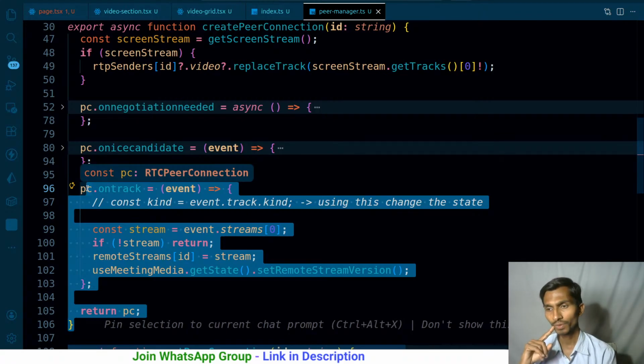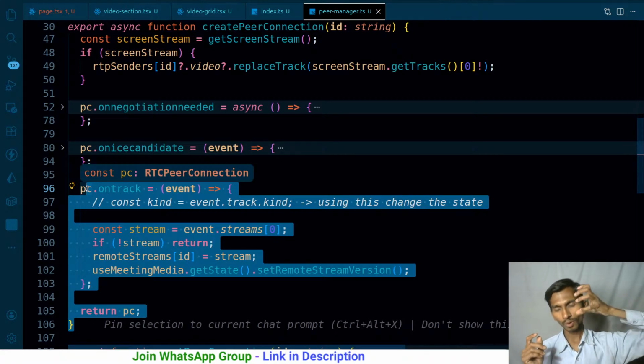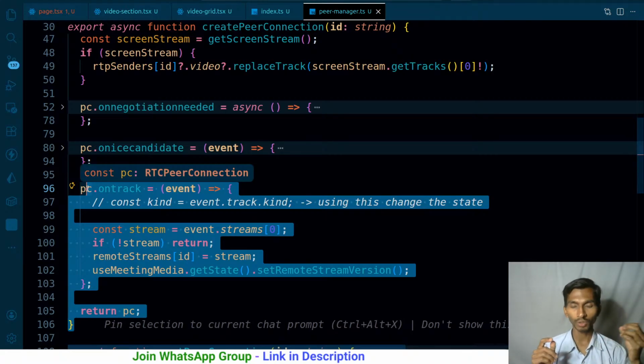Most importantly, how will I keep track of all the users? Keeping track of all the users simply means adding the value here from my own side. Okay, just a minute. I got the info from the server of a particular user who joined the meeting. Now what I have to do is add some more properties, like camera on and mic on, to that particular detail. So once I have added that, then on the basis of that particular detail,